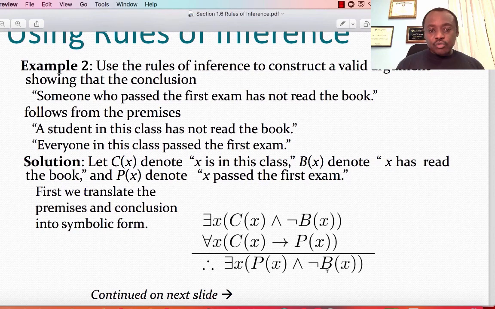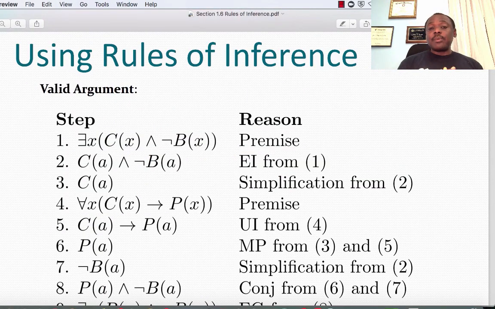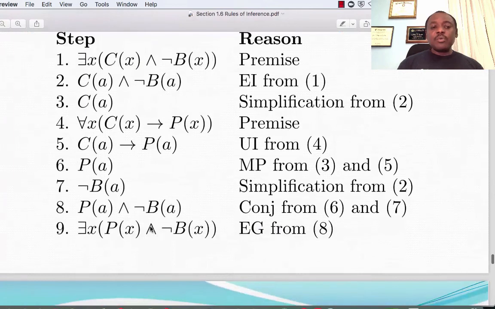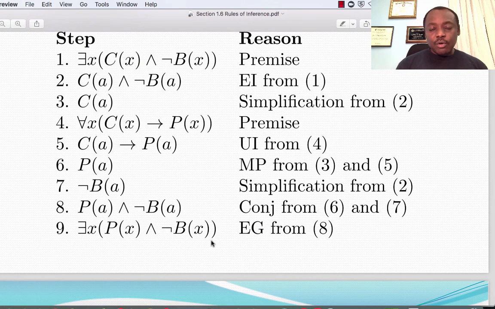Very straightforward. You do not have to tell me whether you use disjunctive syllogism, hypothetical syllogism, and so on and so forth. Just straightforward argument. Now, using the approach by Kenneth H. Rosen, these are the premises. The general case, particular case, general case, particular case. Put all the particular cases together and then come up with the conclusion.